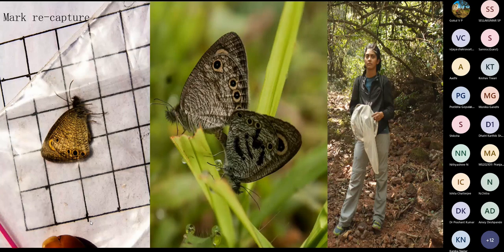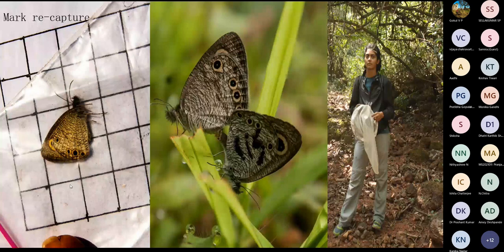We would capture these butterflies and put a unique ID. If you focus on the central part of the image, there is one individual which has been marked. So we would mark these butterflies. This technique is called mark recapture. And it's a very tricky process because these butterflies are really tiny, about 1 or 2 millimeters, maximum to about 3-4 millimeters in size.